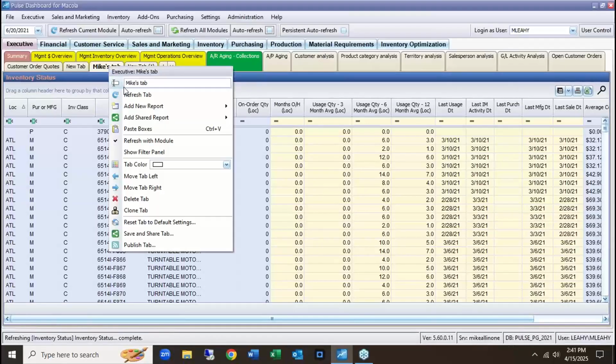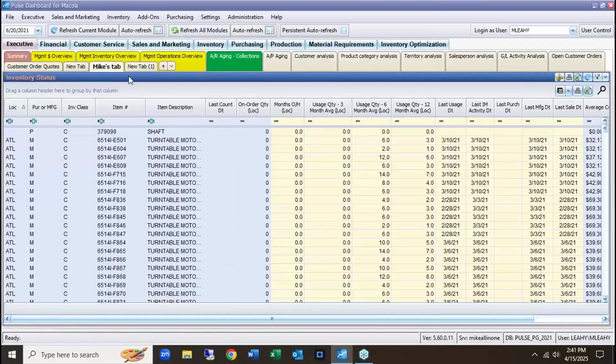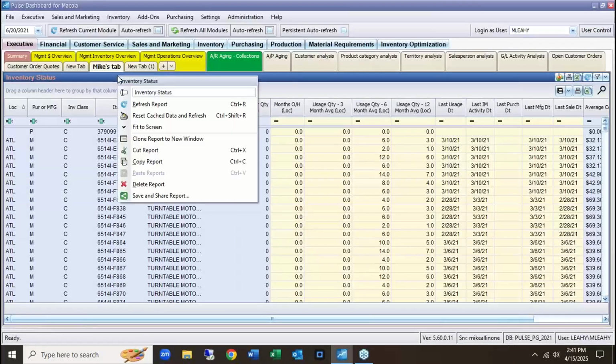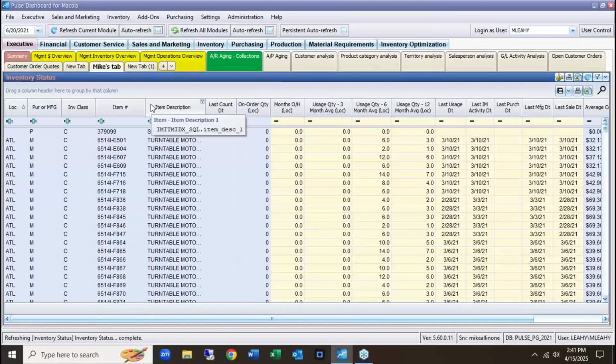I can right-click on the tab and say refresh the tab. I can right-click on the blue bar. Every report has a blue bar, and I can say refresh the report. So at this point, if I have the security rights to do this, I can now publish this report